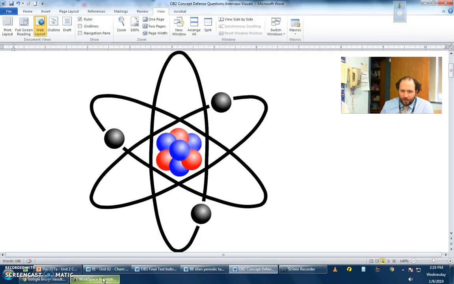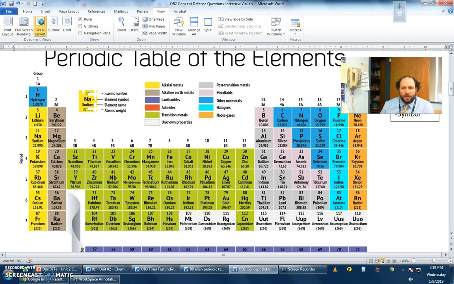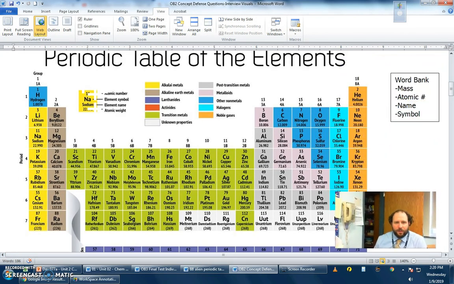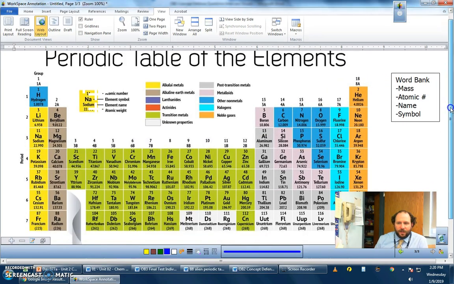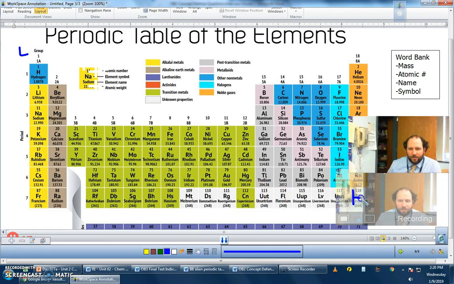All right. Next up. When talking about the periodic table of elements, it should be noted a couple things are going to happen here when we look at this. First off, we're going to notice that this periodic table, all the elements are arranged by the number of protons and their atomic mass. So the lightest will be over here and the heaviest will be down here. So this will be the heaviest right here. Now, other thing to note here, as you move across the periodic table in this direction, the elements become more stable,